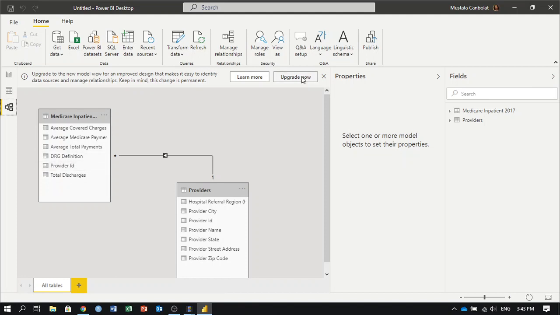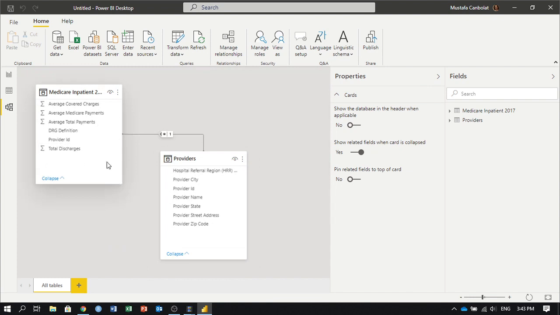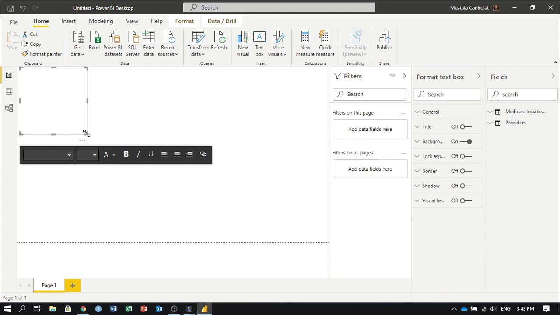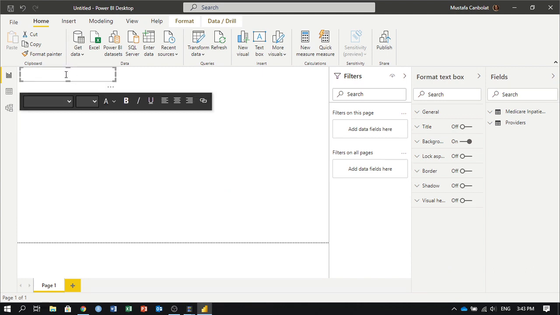Okay, so if you just click on upgrade now, it just changes the formatting and it looks in a different way. But let's just go and click on the bars, and we want to add some visuals in here and make it nice looking. So first, let's just add a text box. And in the text box, I want to say that